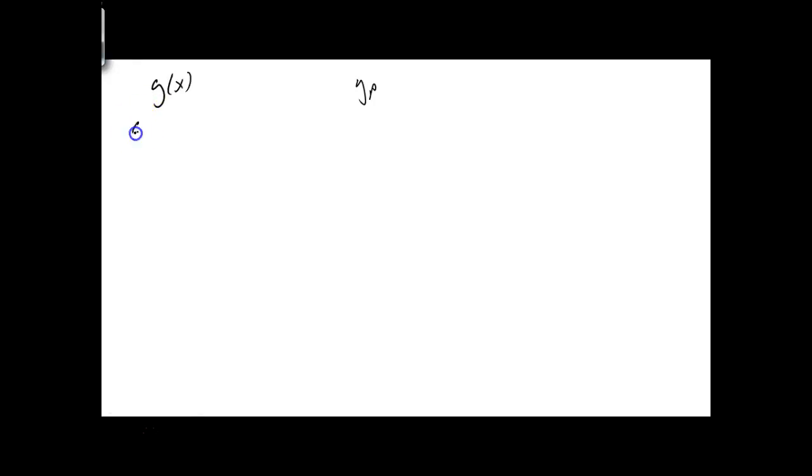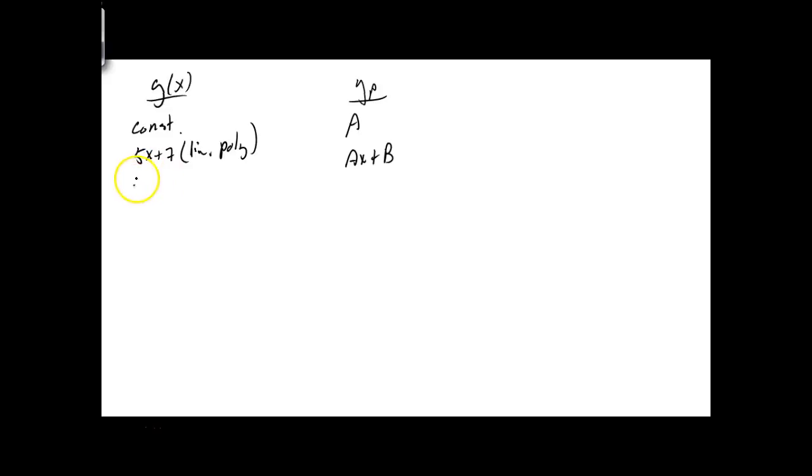If g is a constant, they put 1, but any constant, then the form for y sub p will be A, a constant. Pretty straightforward. If g of x is a linear function, like 5x plus 7, any linear polynomial, then your y sub p should be Ax plus B, where you've got to determine your coefficients. If your g of x is